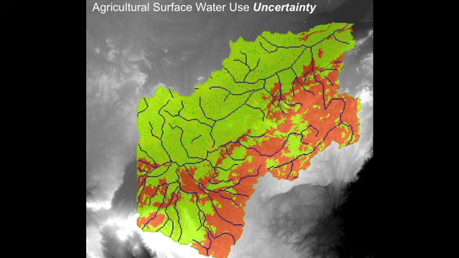This one, the darker is less uncertainty, and the lighter, which is actually up in the protected areas. But is it a percentage of use? I mean, what do you mean by surface water use? So what Gary said, there's a range of surface water use, and this is showing the means. It's in millimeters. Okay. Yeah, it's a point density. So it's millimeters of water essentially averaged over the cell. If you take the size of the cell in kilometers squared or whatever the unit is, multiplied by millimeters in height, which would be the value in this, you get volume of water, which is the estimate for consumption in a year.